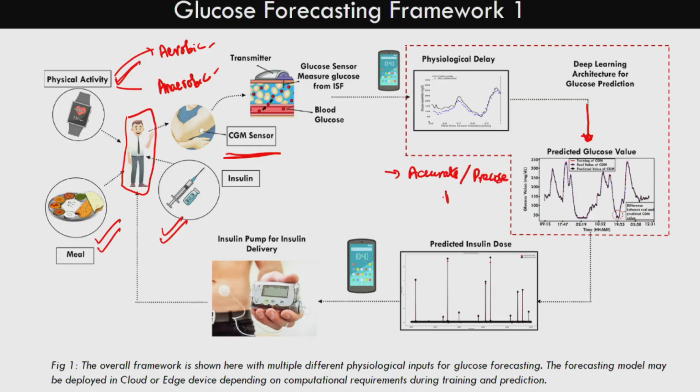Because you are doing the insulin dosing based on this forecast. So, if you get the forecast wrong, then the insulin dose will naturally be wrong. So, that is why they have to have high fidelity. The second aspect that we need to remember, the second challenge that we need to tackle